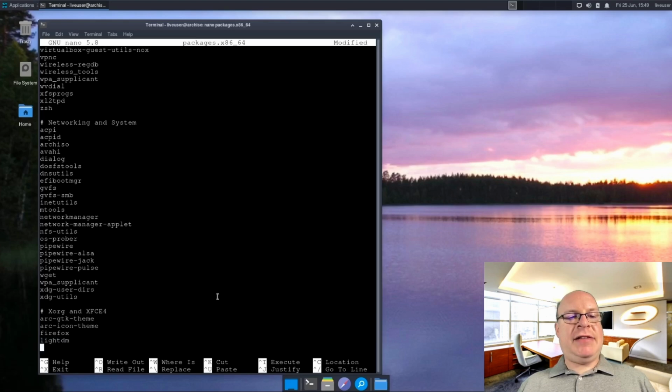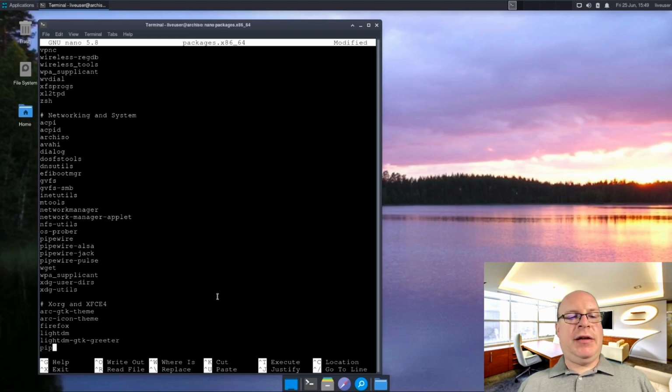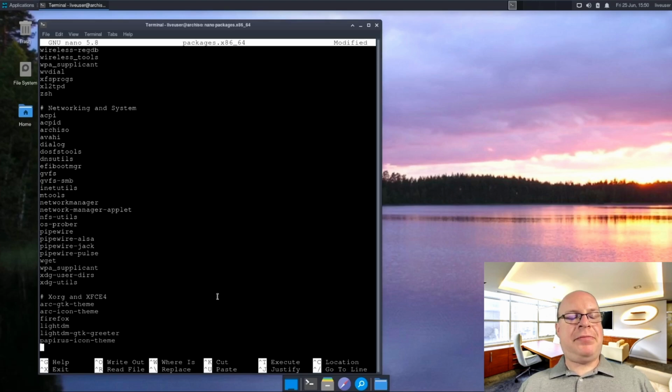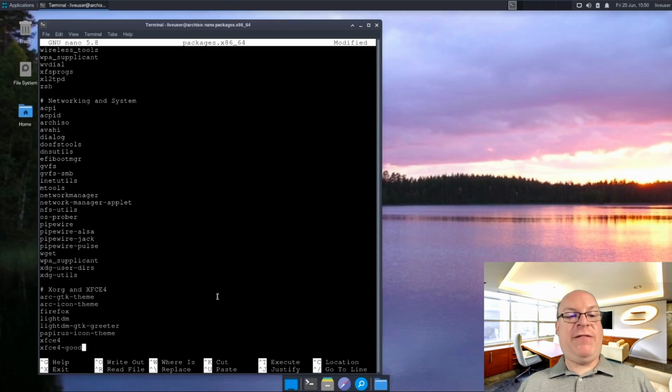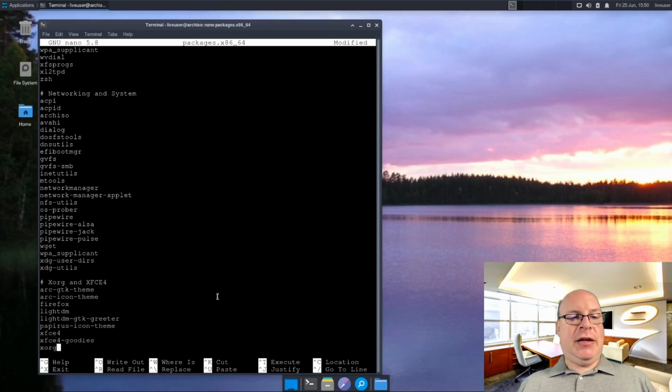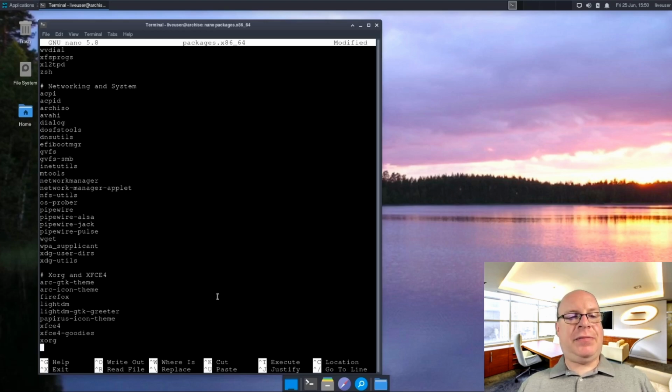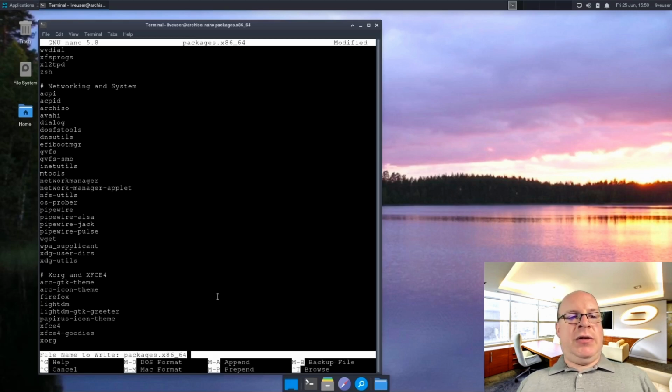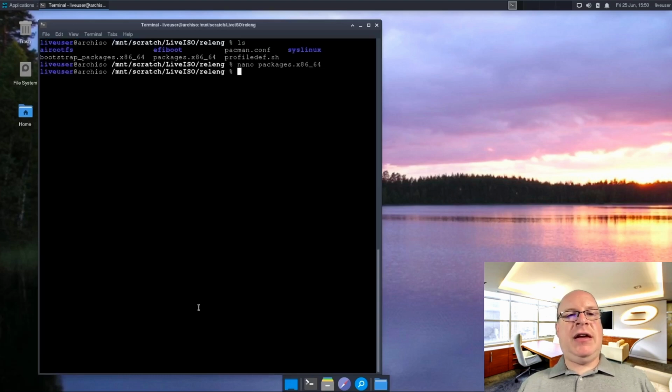Our display manager will be LightDM, LightDM GTK greeter, Papirus icon theme, XFCE4 and XFCE4 goodies, and Xorg. And let's take a look at our list of packages that we'd like to include. Looking good. So let's write that out